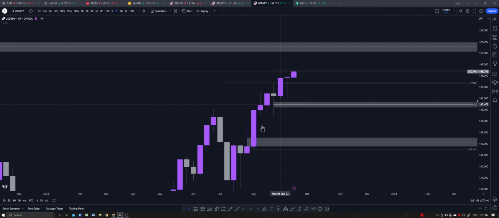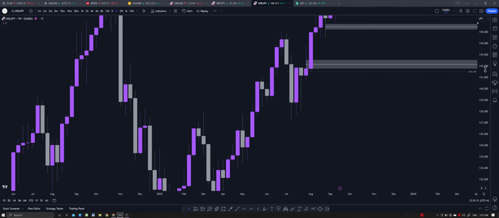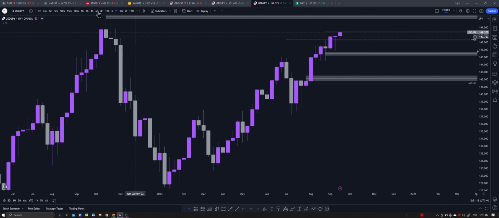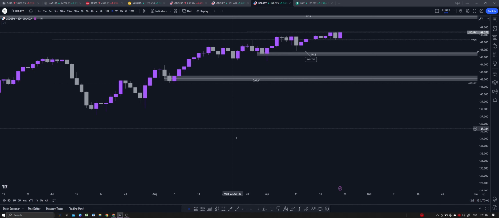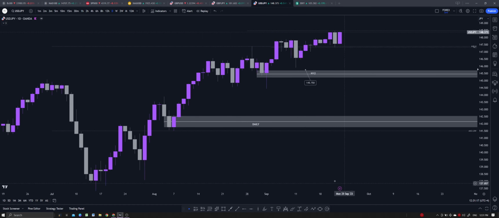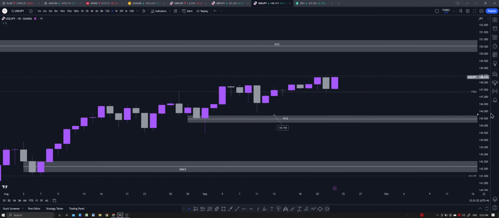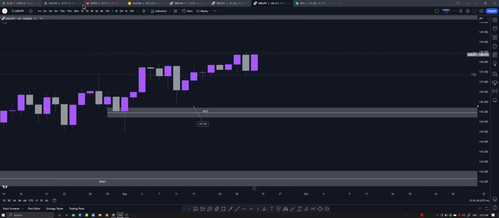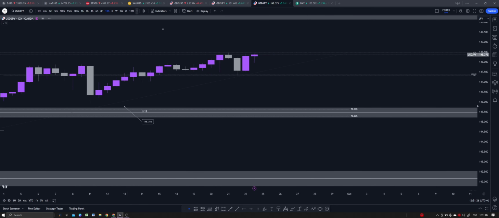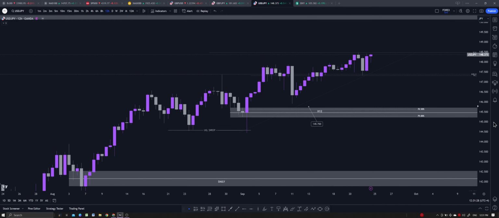So we are bullish, right? If you look at the order flow, if you zoom out, look at the bullish structure, the order flow is bullish. We look at the daily, it remains the same, right? Bullish order flow towards the top, and the technicals somewhat remain the same from the previous week that I mentioned,